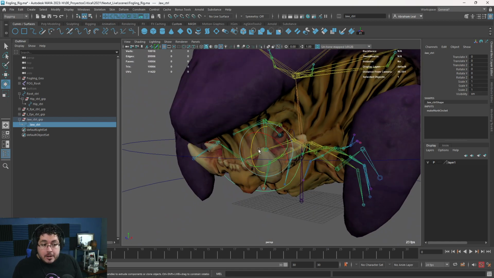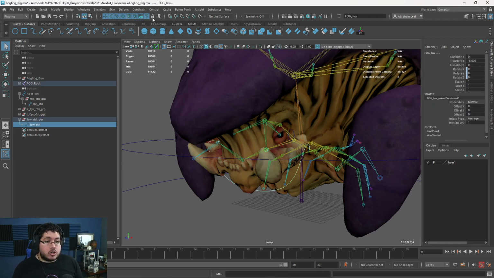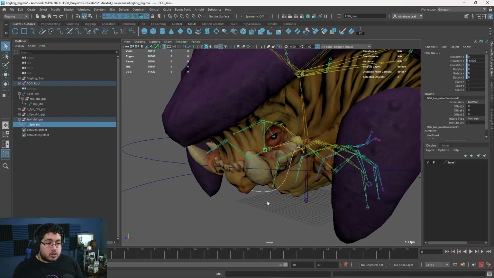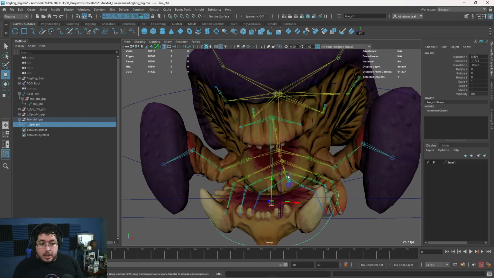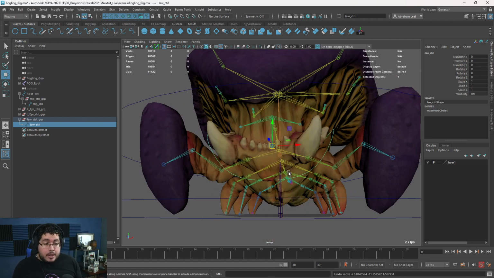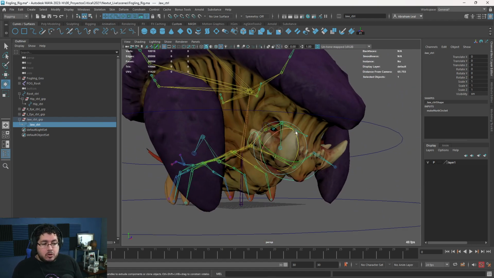We use curves. Now, if you wanted to drop the jaw, maybe when you kill the enemy, the jaw drops, then that means that we probably need another constraint, which would be a point constraint. So now if I move this, we can also make the jaw fall out. If that's something that you want on your rig, feel free to add it. I'm gonna keep it just because, but normally I think rotation is the only thing that we're gonna use.